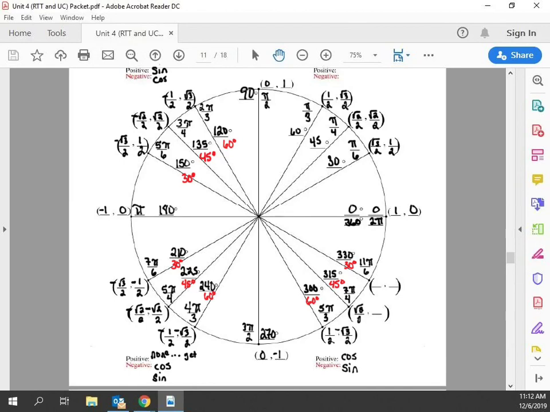Guys, go ahead and finish off the rest. Make sure I did that right. And that completes a unit circle. I guess one thing I did not do, if we want to do it all the way. All right, so